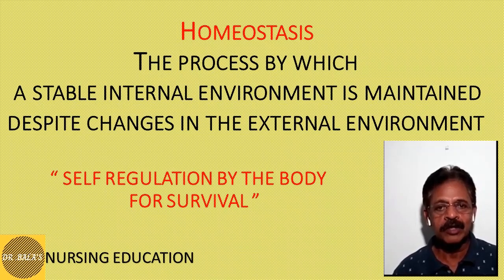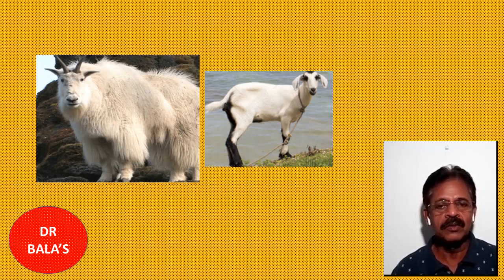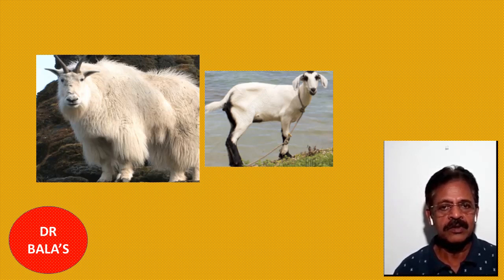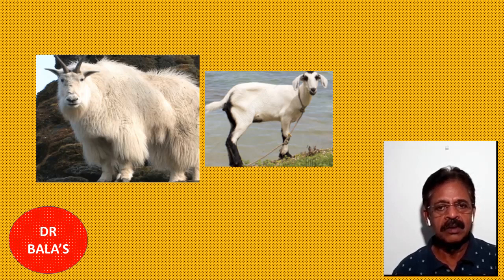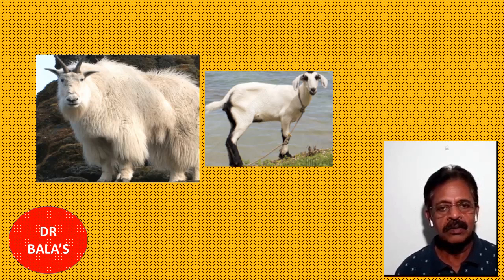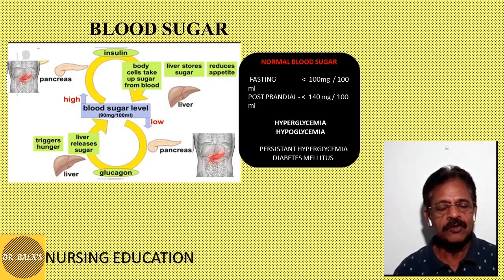We'll see. Those 2 factors are, one, temperature, and second, blood sugar or blood glucose level. The normal temperature, I told you, is 37 degrees centigrade or 98.6 degrees Fahrenheit, and maintaining this level is called regulation of temperature. Otherwise it is called thermoregulation. Blood sugar, if you take it during fasting, 8 hours fasting, should be less than 100. After a heavy meal, it should be less than 140. So I have taken temperature and blood sugar or blood glucose level.